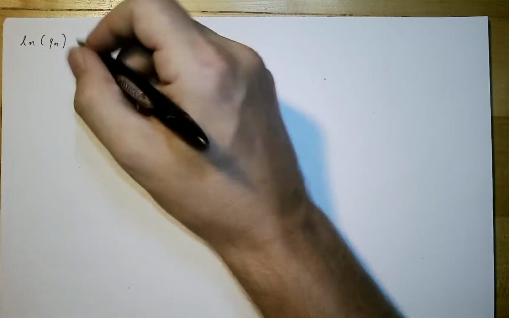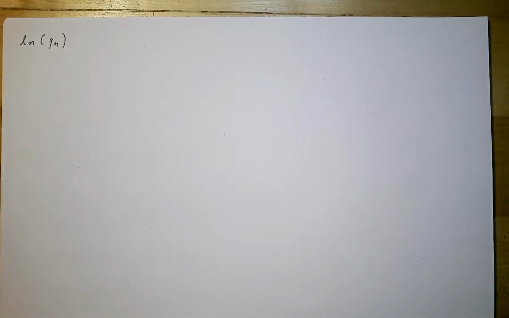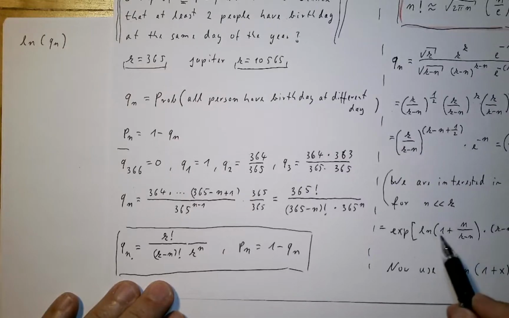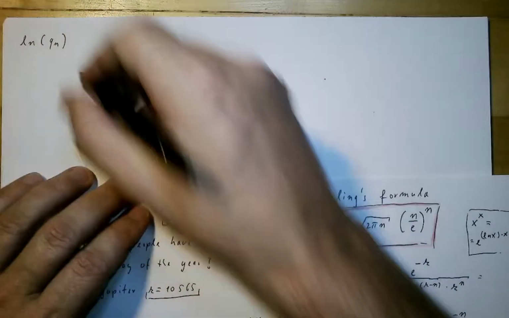So this exponential goes away, and then we have just the log here of this here, and this log we replace by this Taylor series, which means then we have